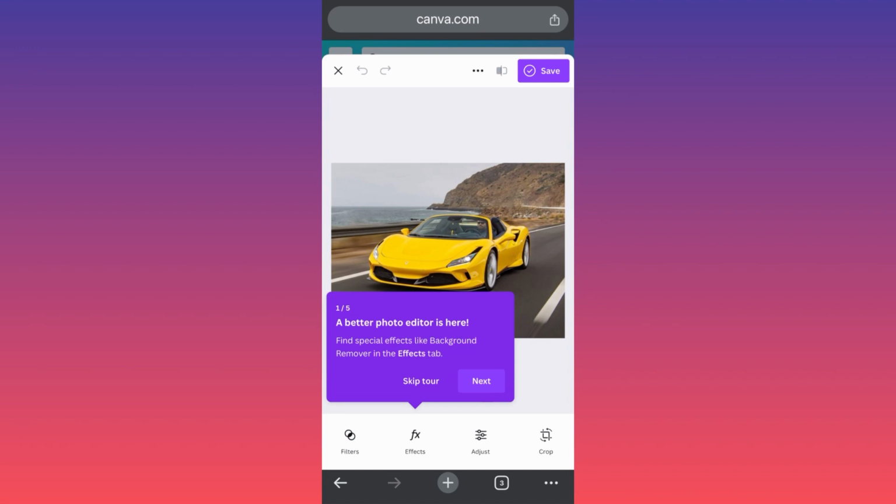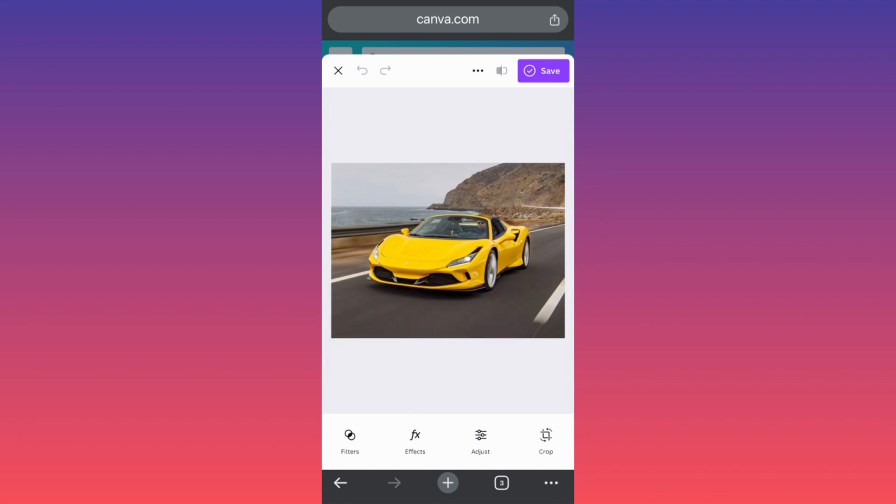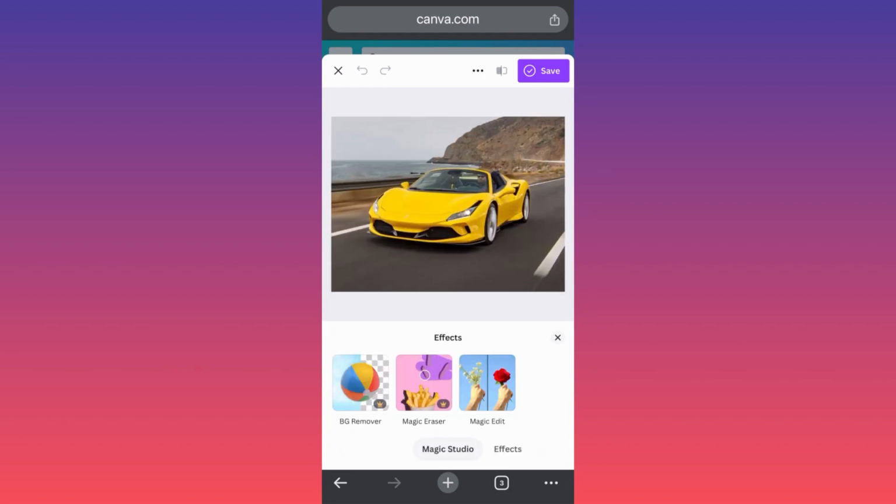Now you can skip the tour, right? And for the purpose of us removing the background, all we gotta do is to click on the second menu section underneath on effects. When you click on effects, you will simply see that the first option over here is